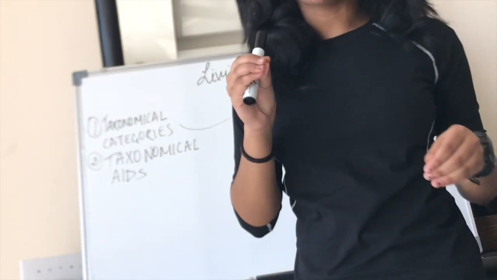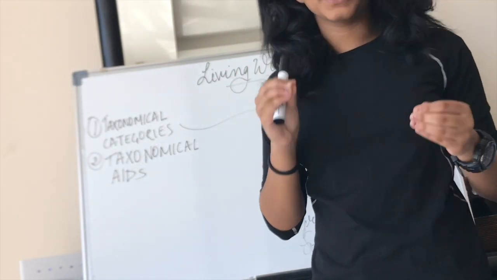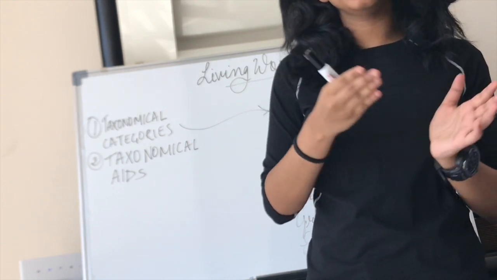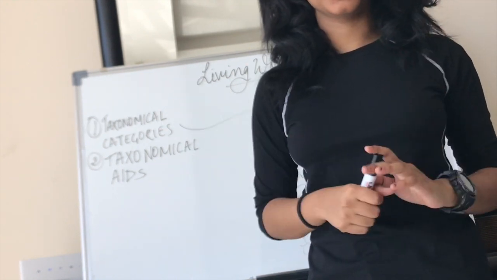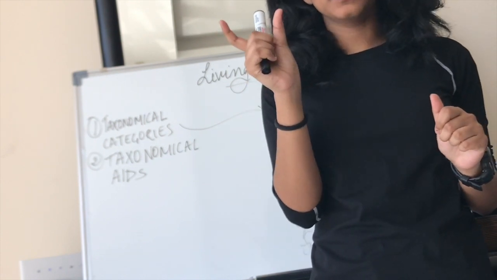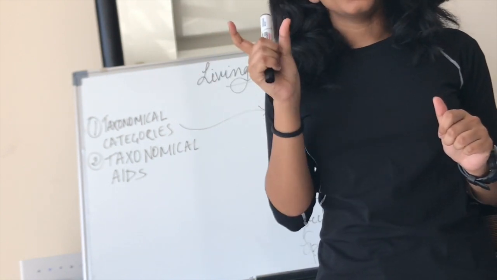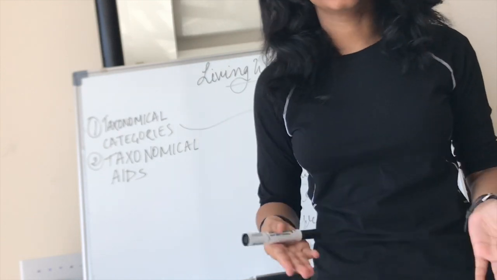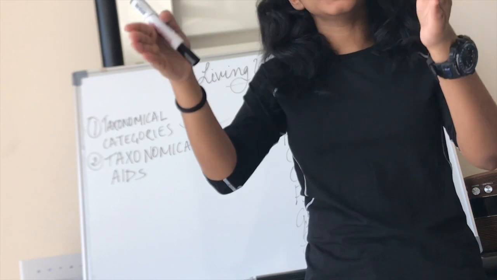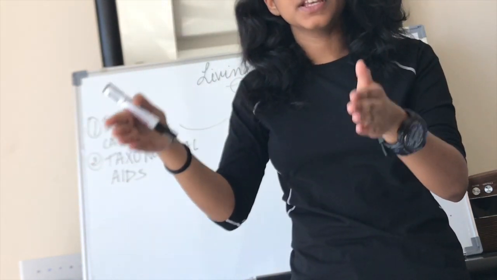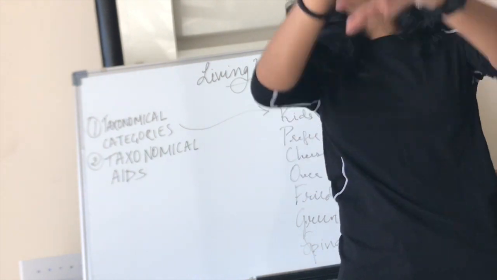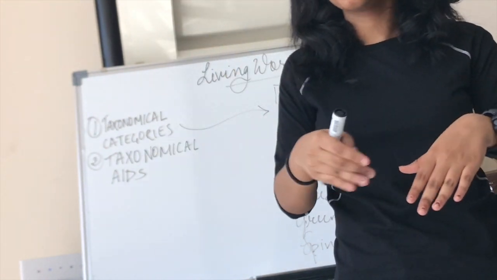Species is a very small group of organisms which can potentially interbreed, and one organism of a species can be easily differentiated from the other. If you remember, we had the specific epithet in the binomial nomenclature. If I take the example of mango, Mangifera indica, Mangifera is the genus and Mangifera indica together forms the species. So Mangifera indica is a particular species of another huge group known as genus.